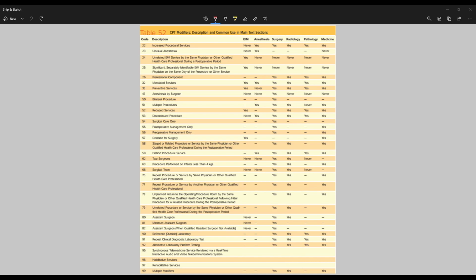All right. Now, related procedures are self-explanatory. Staged is just another way to say that it was planned to be done at the same time. Okay, so if